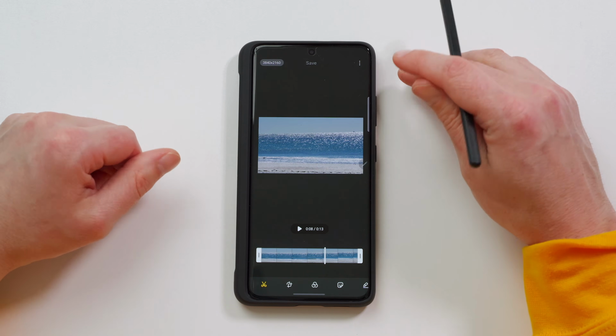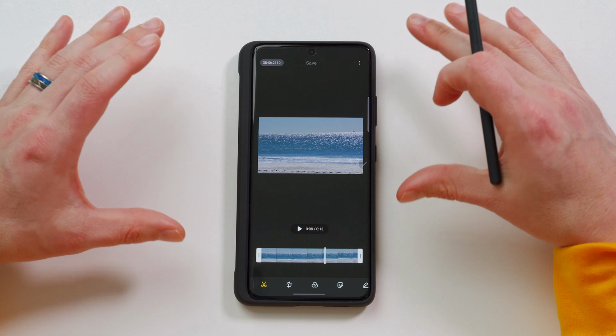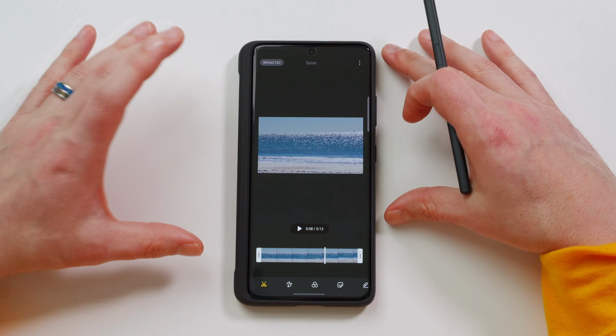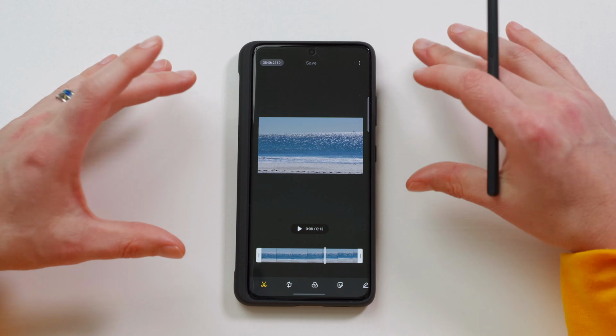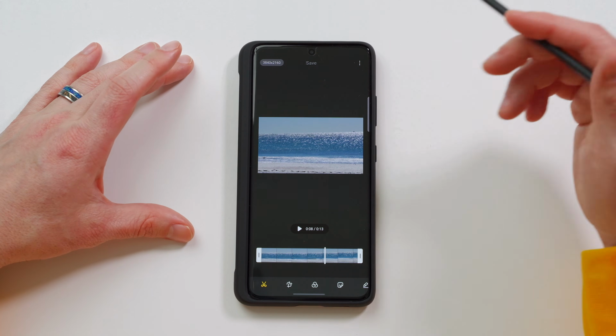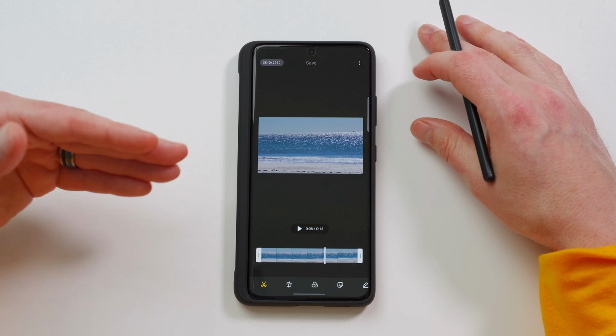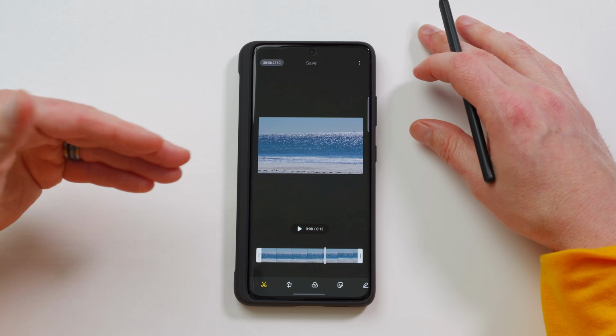So there you go. That is how you can edit some videos on your phone for social media. This is great for Instagram, even if you're just trying to get started on YouTube or any other social media platform. This is definitely great instead of having to spend any money on a video editor on Android. So there you go. That was how you can get the most out of your editing experience on your Galaxy